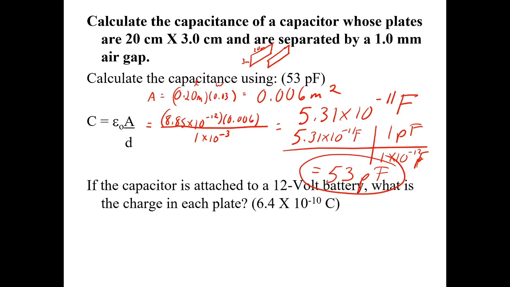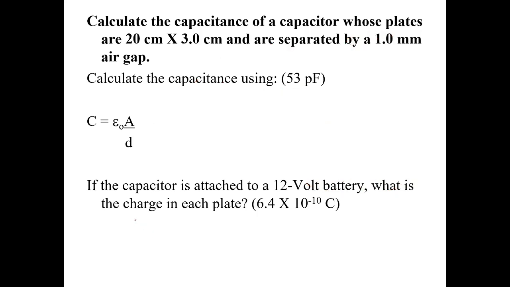Then if we take a look at the next thing, we're going to attach it to a 12-volt battery. And we say, well, what's the charge? So we're going to hook up these plates to 12 volts. And let's see what that is. So to do this, we're just going to use Q = VC. And it's delta V, which is the change, but it really is just the V or the voltage. And this is really easy. So it's a 12-volt battery times the